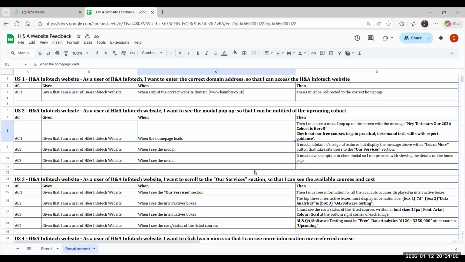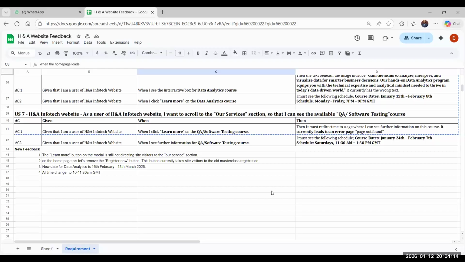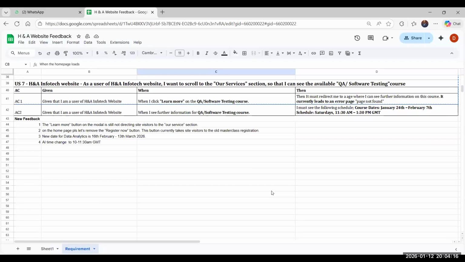If I now create a different ticket for user stories and acceptance criteria for a different page, and they pick that up, they'll know that this is for a services page. So everything here is what needs to be implemented in a services page. Am I getting what you're putting correctly? Are you saying that on one ticket for this particular project,